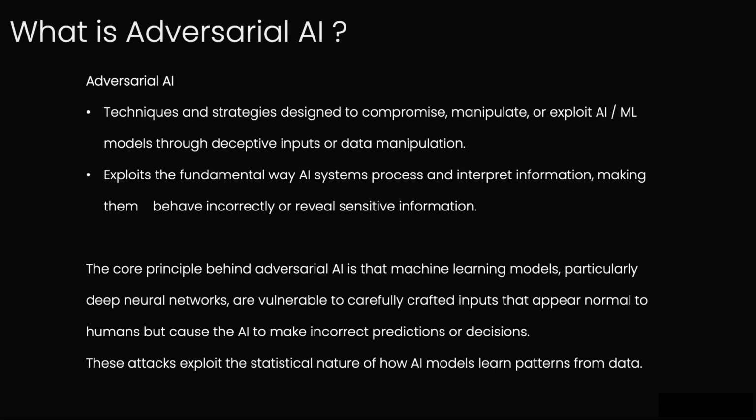Okay, that's wild. So how does that actually work? I mean, how can an input, maybe a picture or a voice command that looks totally fine to you or me, completely fool an advanced AI? It seems counterintuitive, doesn't it? But machine learning models, particularly the big ones like deep neural networks, are surprisingly vulnerable to these carefully crafted inputs. Carefully crafted, meaning intentional? Oh, definitely intentional. These aren't just random noise.